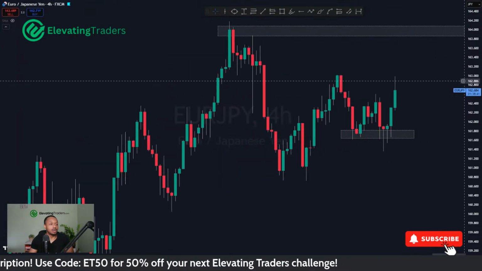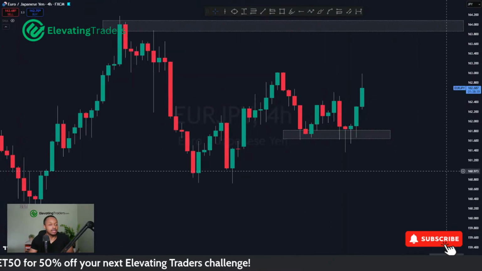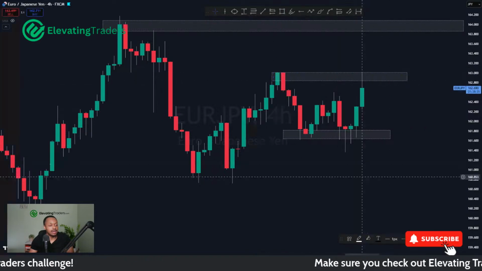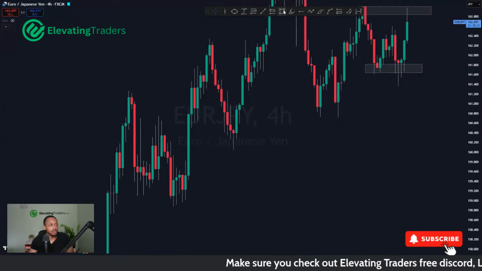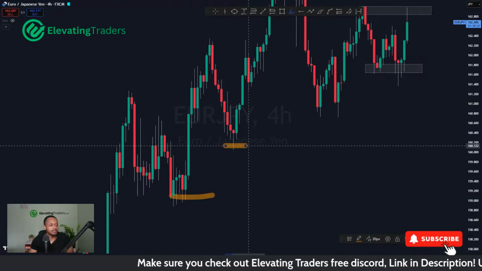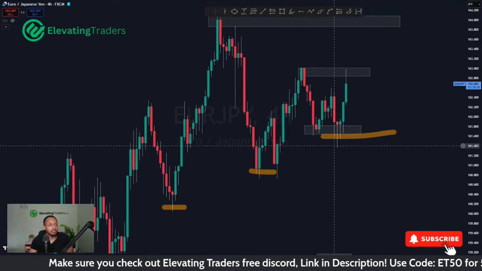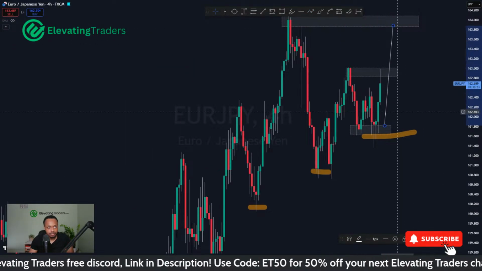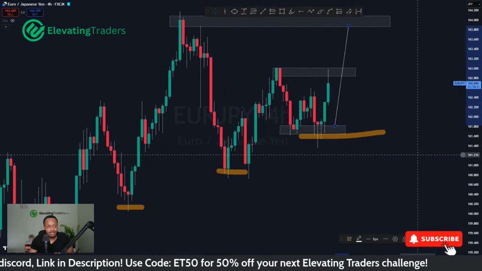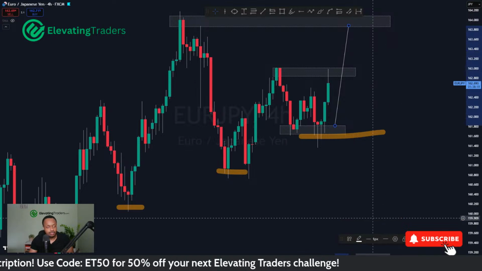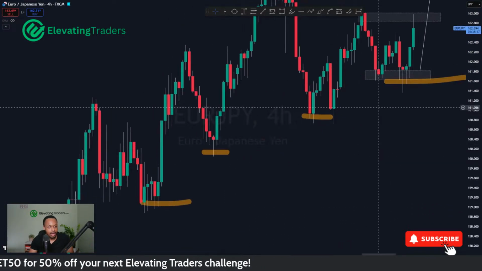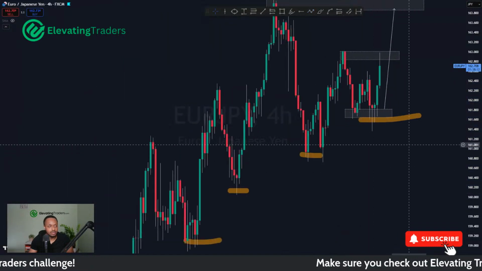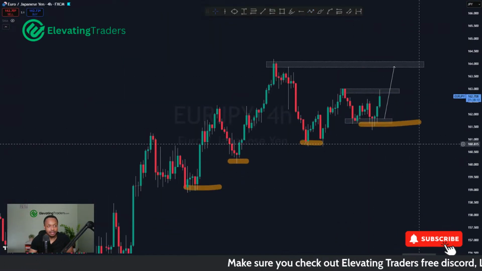Dropping to the 4-hour chart, there's some resistance on the left here, which looks like price is respecting. But the way I see it right now is that price is still finding support and still just about squeezing in these higher lows. So in my book, I'm kind of looking for price to push up again for euro yen back into 163.8. And then potentially you might see some sells from there as well, because the higher lows are still very consistent. Until we start breaking through them, it's hard for me to justify a sell.